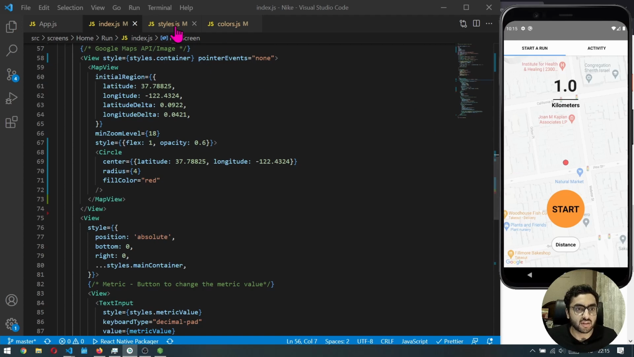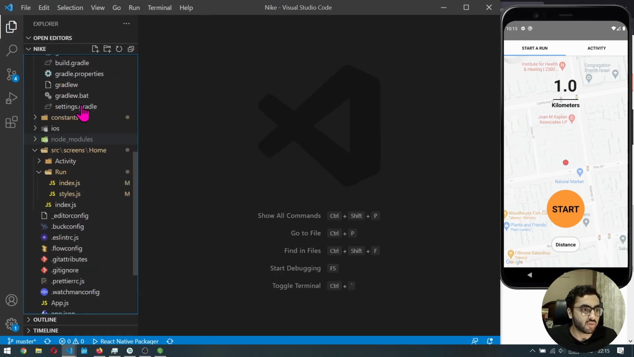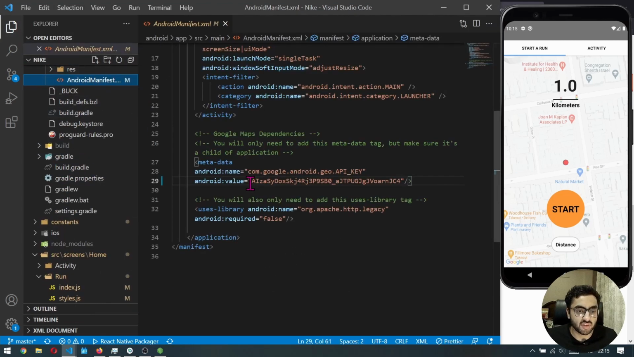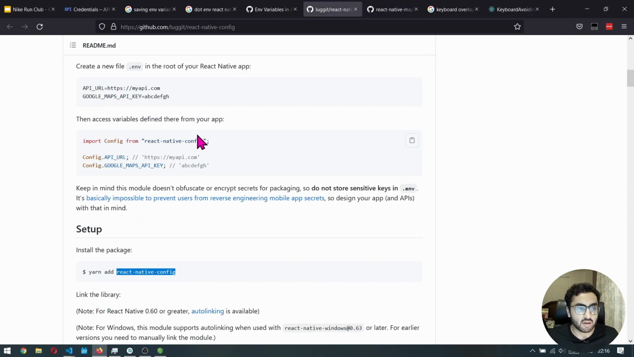And before ending this home page, I want to tell you one more thing. Since we are putting our API key in the Android manifest folder, we do not want to push this to GitHub or any public repository, because this API key is private and it can be misused. So even at the production level, it should not be posted in any public domain. For that, you can make use of a few libraries that are there for React Native. The one which I recommend is